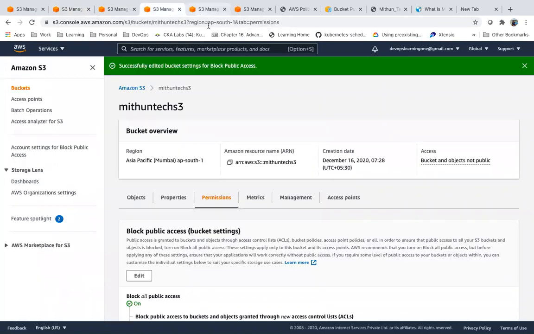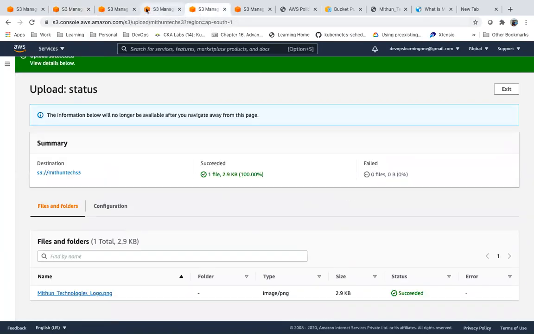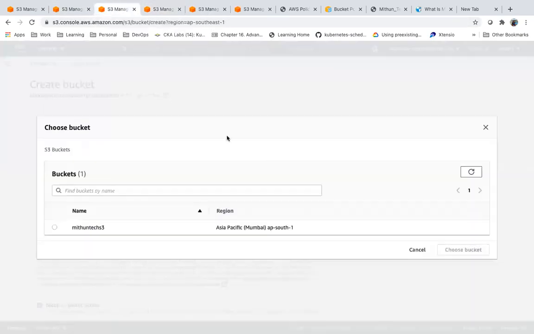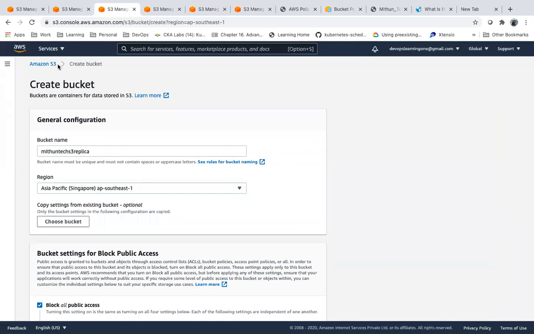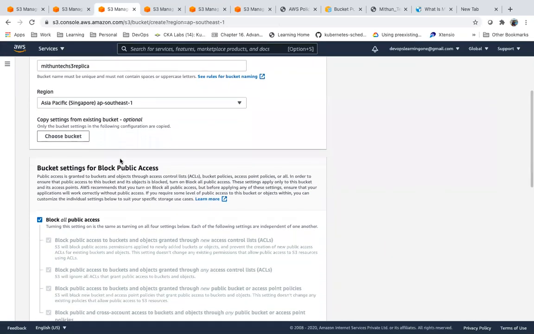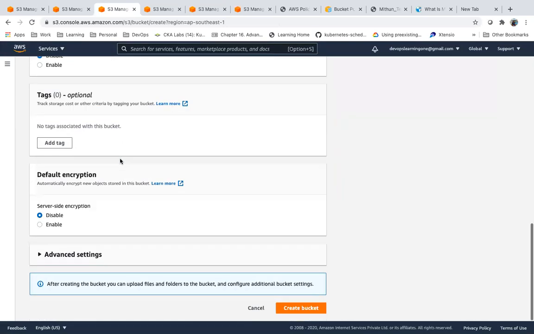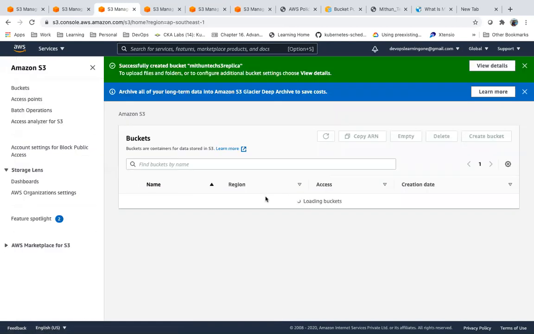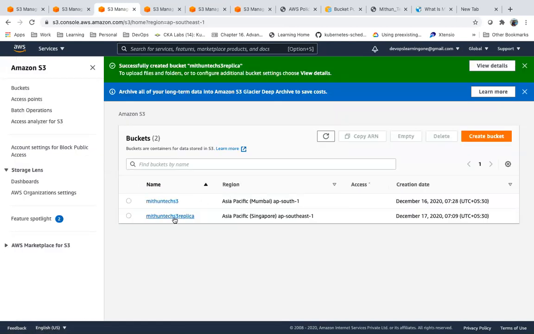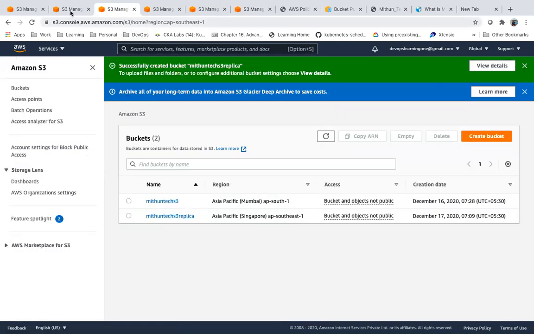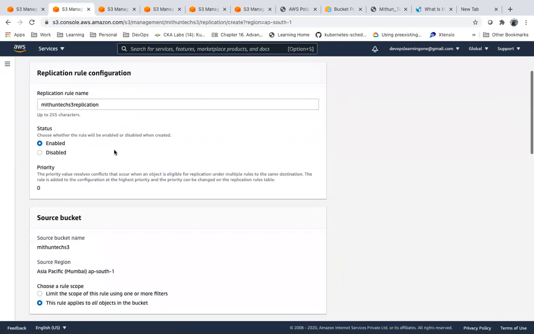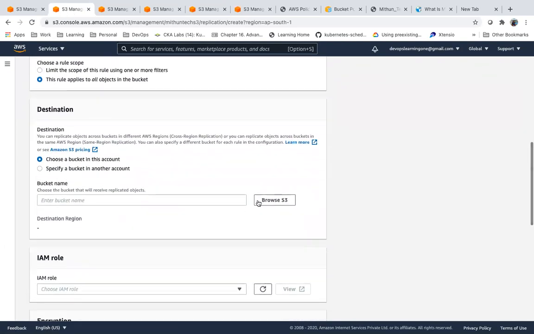I opened multiple tabs. One second. So now I created this bucket. Now I can select it here while doing a replication.